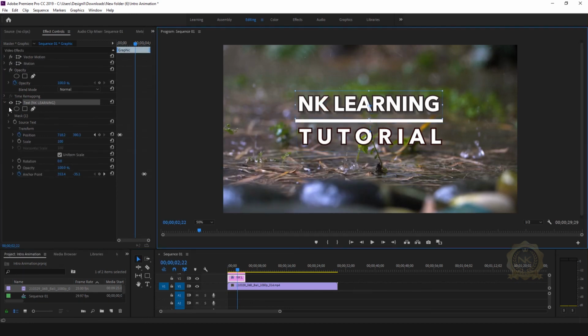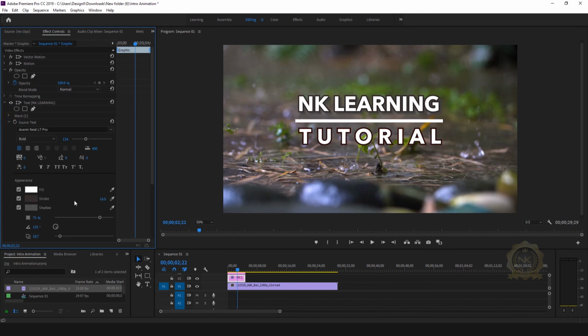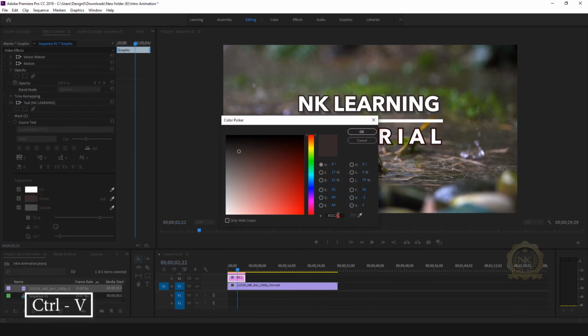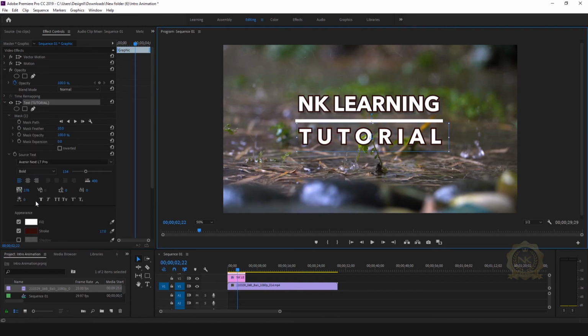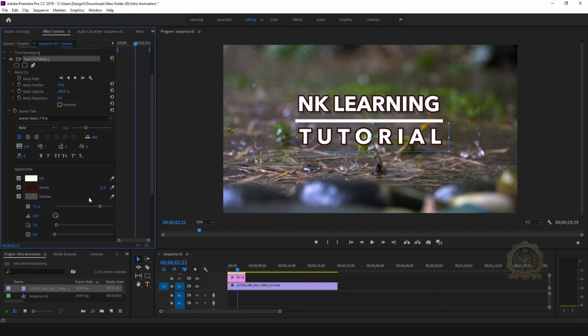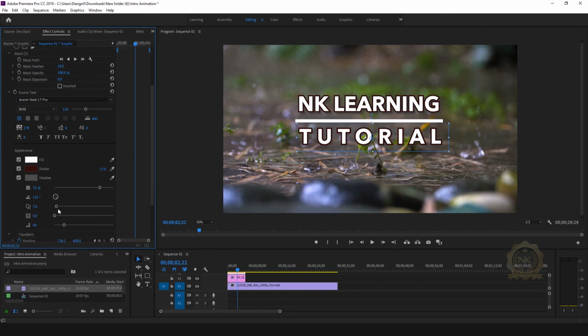Go to the other text, Control V. Both are now the same color. In shadows, enable shadow. This is the distance. Fine. See,